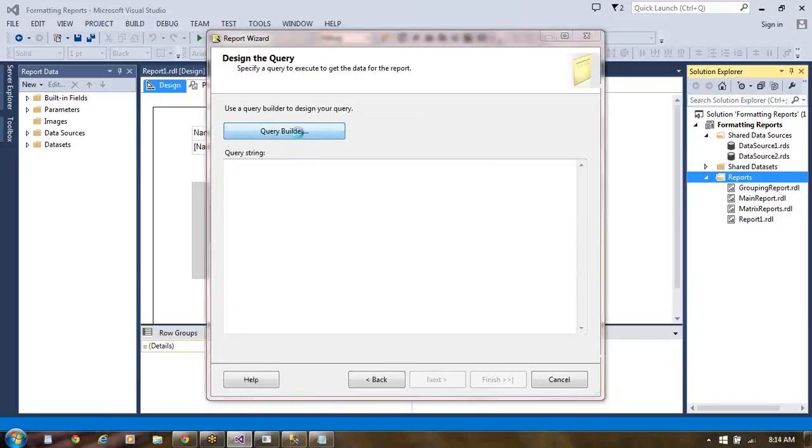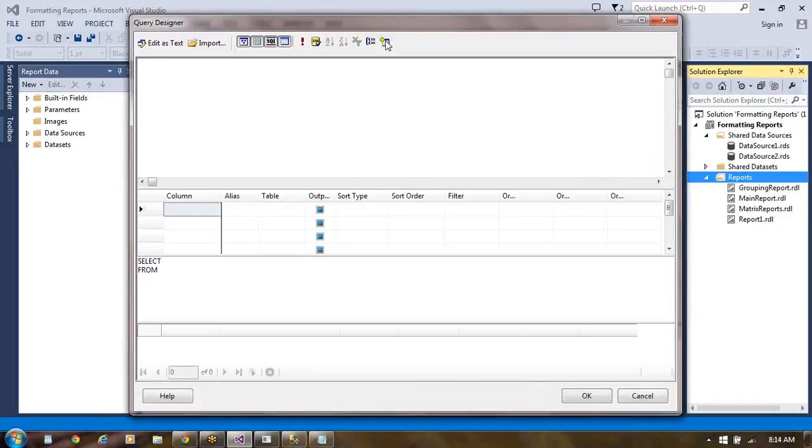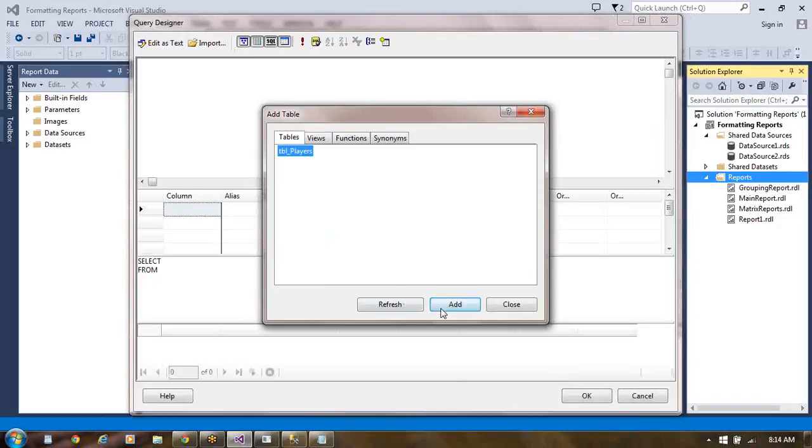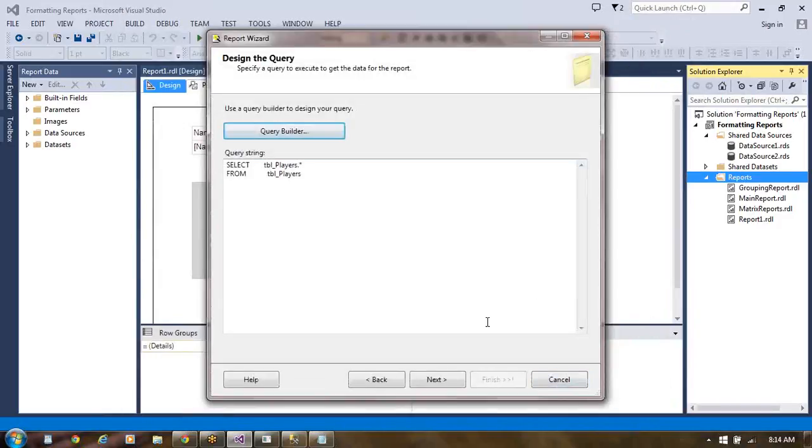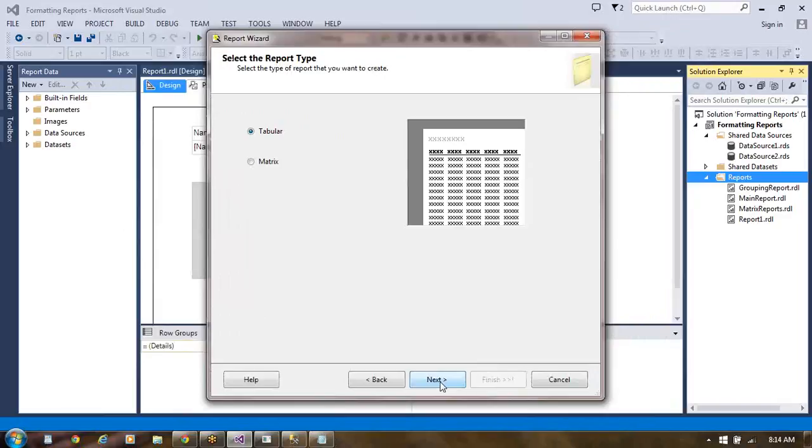Query builder. Once again, we choose all the data from this. Click on add, then here close, put like this all columns. Click on OK here. Click on next.